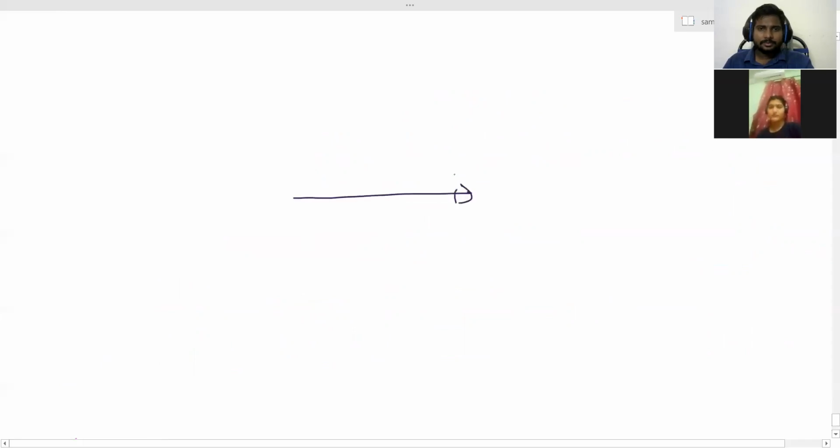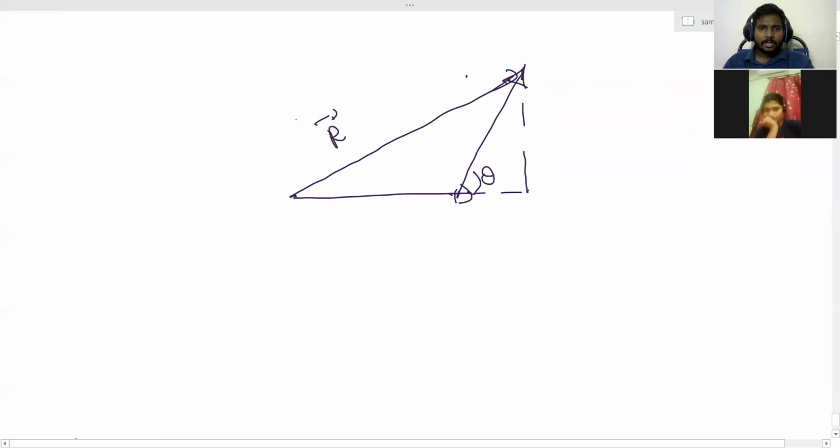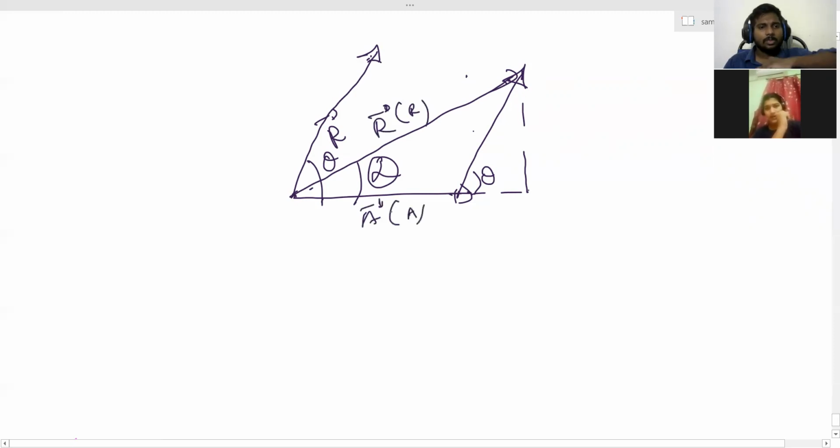This is A vector, B vector, making an angle theta. This is the resultant vector, R vector. So I told you this is the resultant vector. This is parallel. This is theta, right? Now I need to find out alpha. Alpha is nothing but the angle made by the resultant vector with A vector. Got it? How much inclination this R has with respect to A. A vector is in this direction. How much inclined is this R? Then they are providing some direction, right?